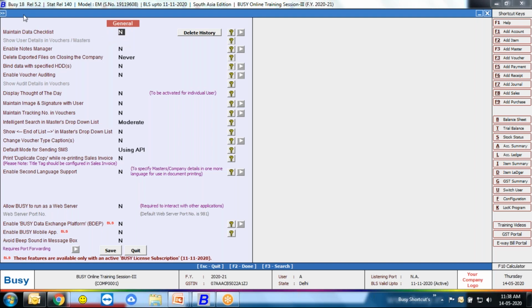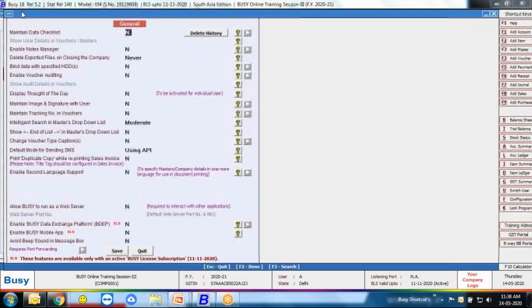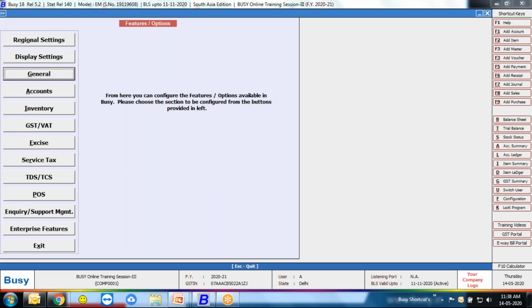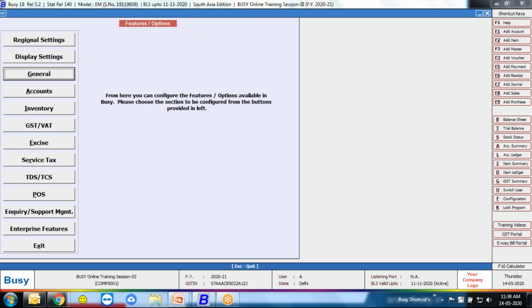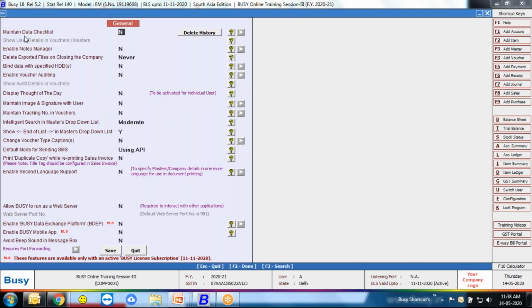Means if I want to track who is the person who created masters or vouchers in my database, I just need to enable it. Maintain data checklist, I said yes.